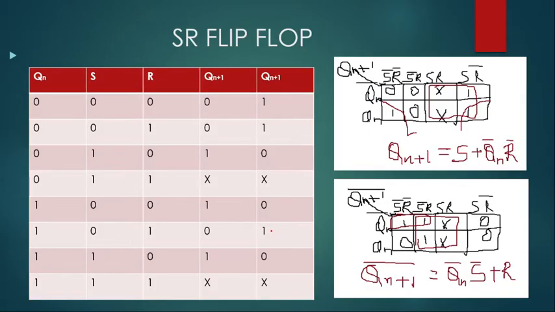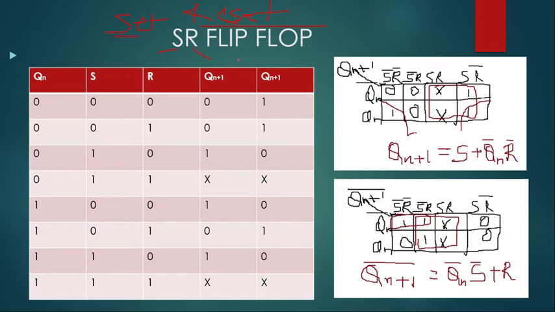So today I will explain the PLA implementation of flip-flop, that is SR flip-flop. In SR flip-flop, S and R stand for set and reset. The set state is said to be present when the output is 1, and reset means when the output is 0. So set and reset, it has two states. In this, the output is 1 and 0, then it is known as set and reset.